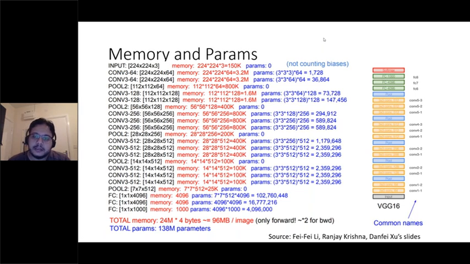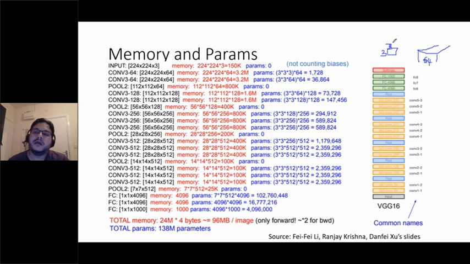So this one uses a kernel of 3 by 3. It scans the image with 3 by 3, and it produces 64 filters or feature maps.